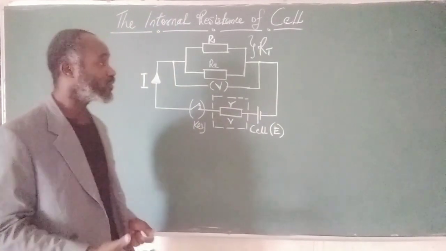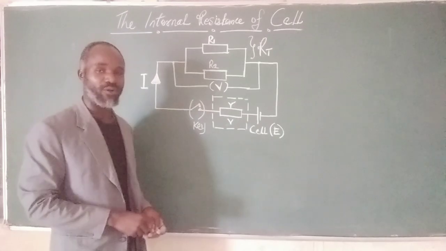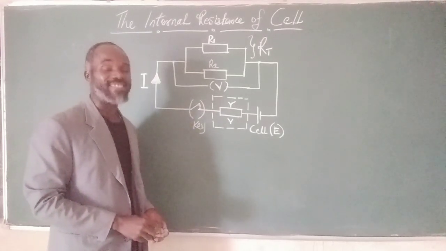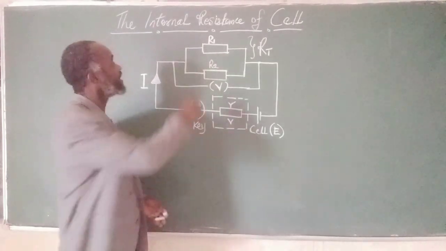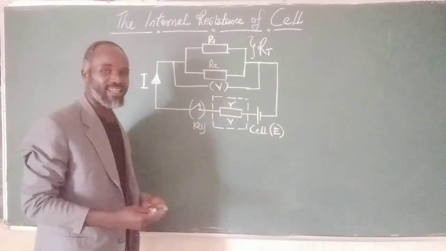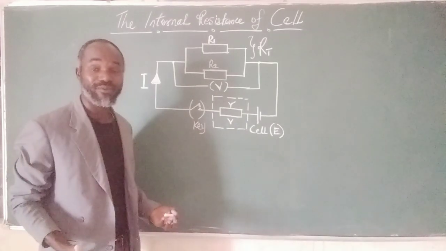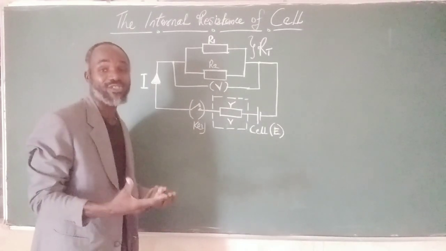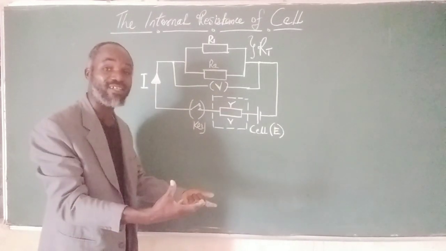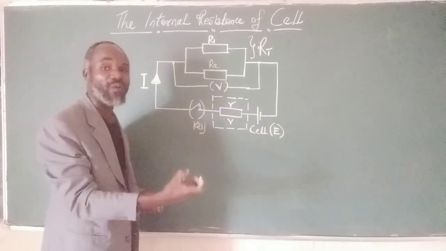There are absolutely certain things that we need to understand about the diagram on the board. In honesty, it has to do with the internal resistance of a cell. So what is the internal resistance of a cell? Very simple. It's just the resistance that occurs within a cell that stops it from supplying enough current to an